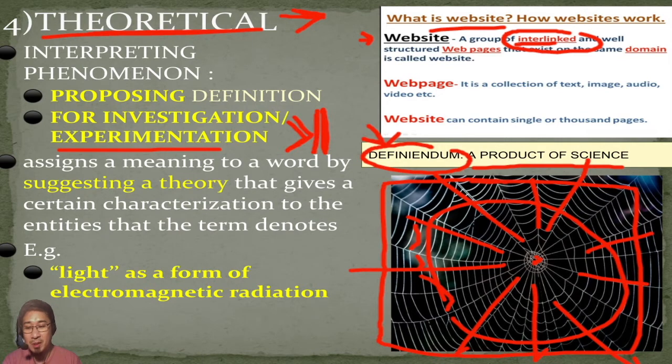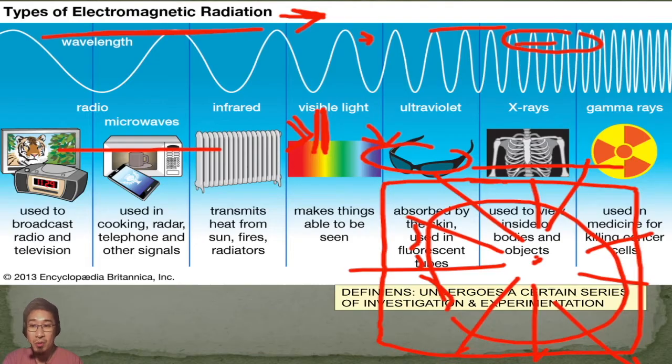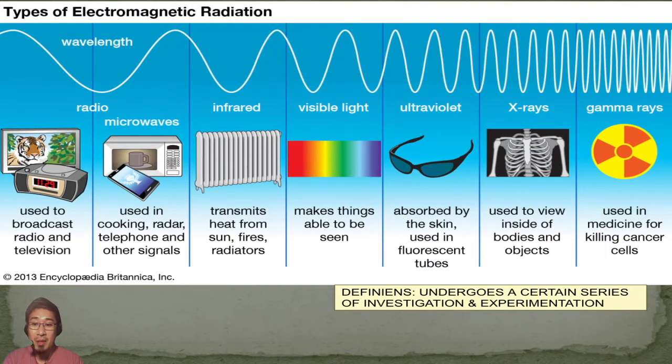So, ibig sabihin, ang light, which is your definiendum, is a product of science. Now, we have to test whether the definiens, i-test natin ngayon ang definiens ng light, if it requires a certain investigation or experimentation. So, ang electromagnetic radiation results from a lot of causes. So, pwedeng sa radio, microwaves, infrared, ultraviolet from the sun,